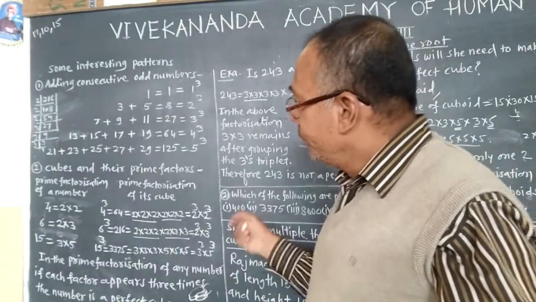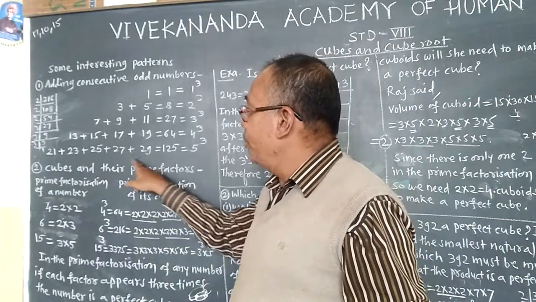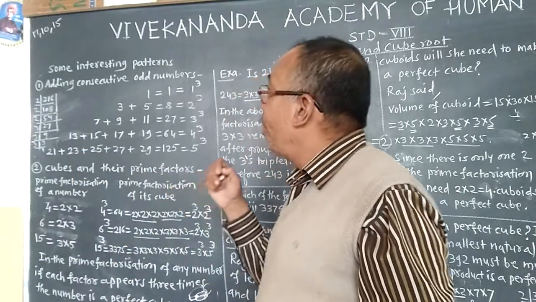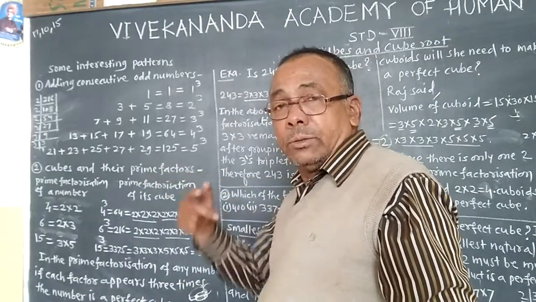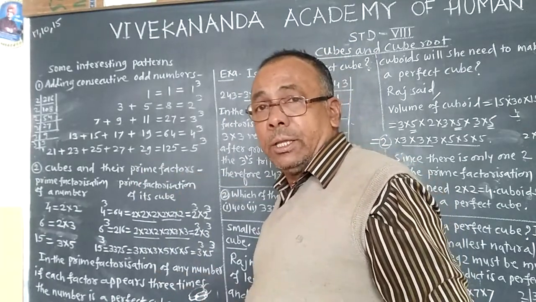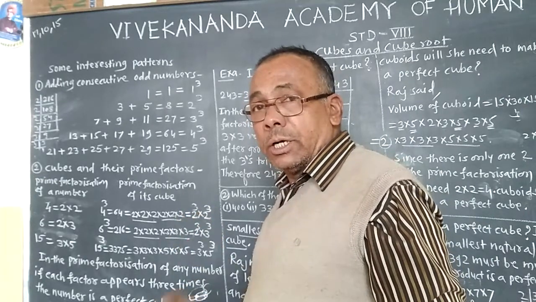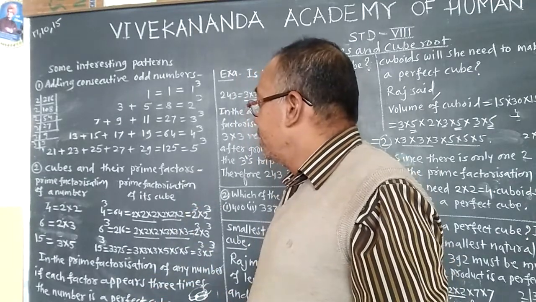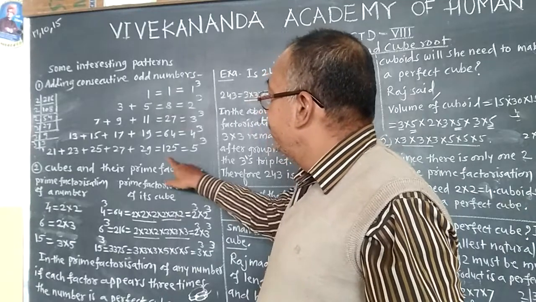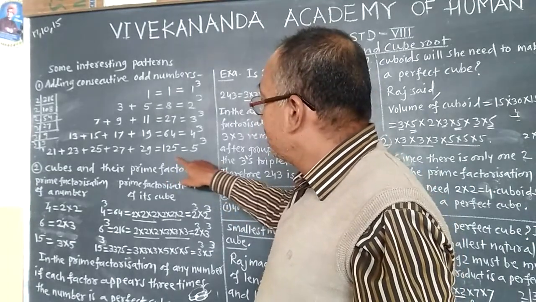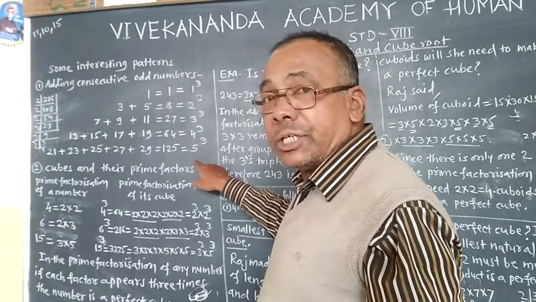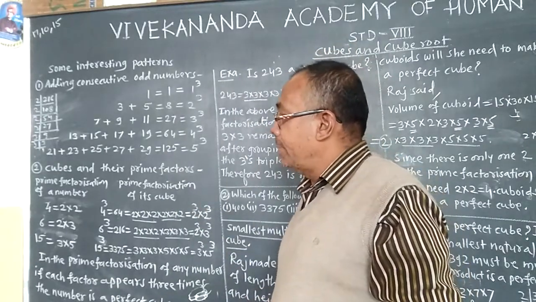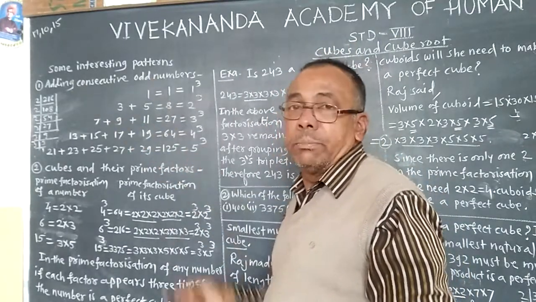In this way we get 1 cube, 2 cube, 3 cube, 4 cube and 5 cube. In the next step there will be 6 consecutive odd numbers after 29, that is 31, 33, 35, 37, 39 and 41. So we will get the sum, and its value will be 6 cube. So in this way we can write the next steps by adding consecutive odd numbers.